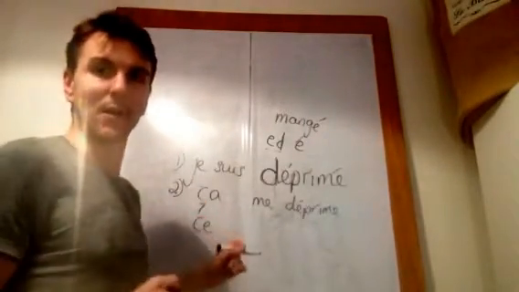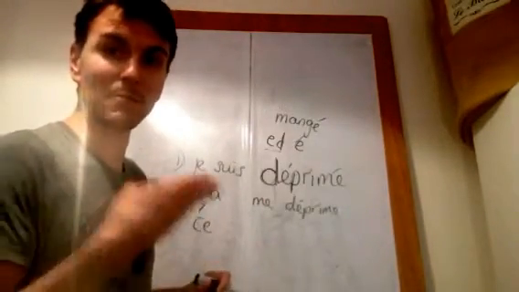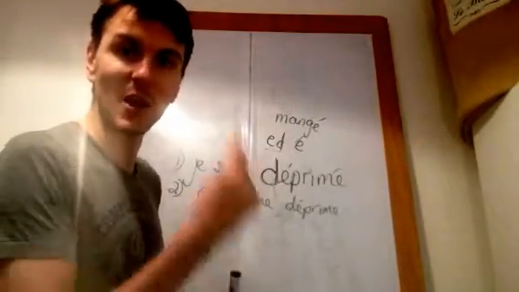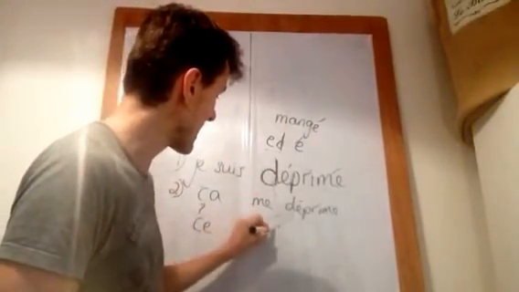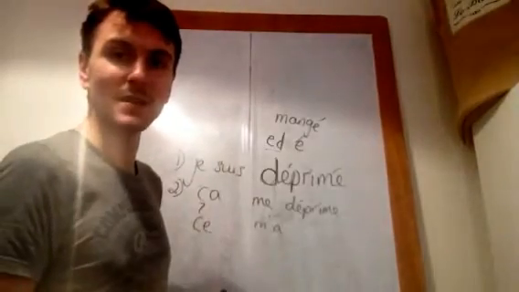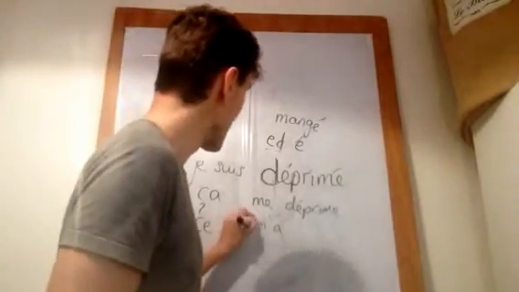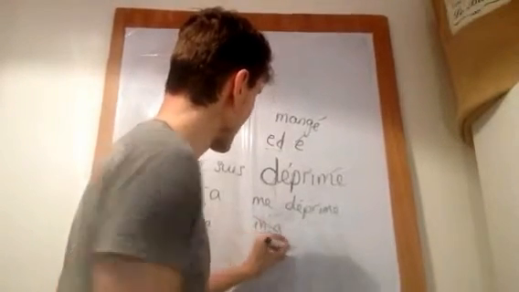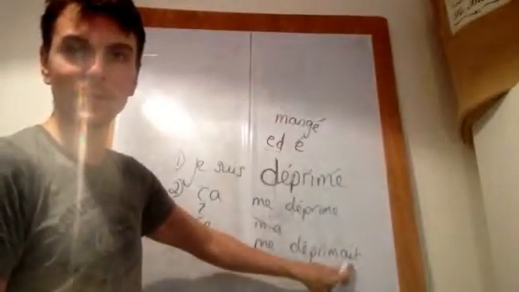If we were to go in the past with that depressed me, then obviously all the normal rules apply. So that depressed me as an action. If it's an action, I need avoir. So ça m'a déprimé, I'd have m'. That was depressing me, that this thing was depressing me. Ça me déprimait. We'd have the spelling of the imperfect. Ça me déprimait, A-I-T.